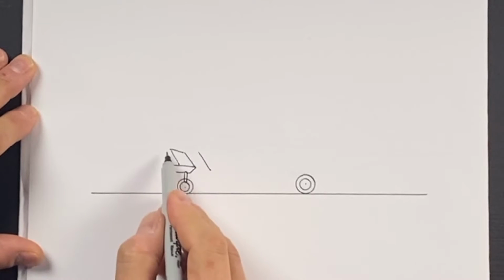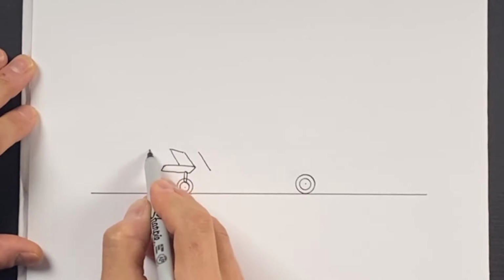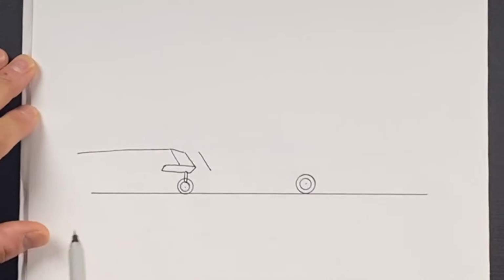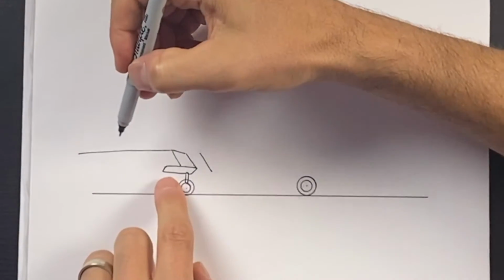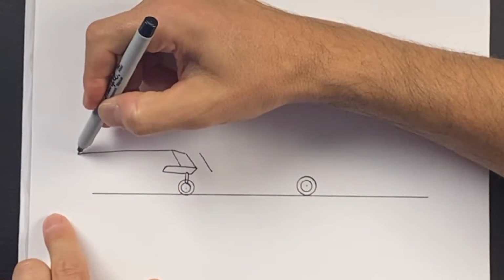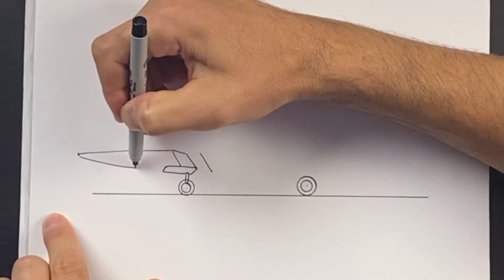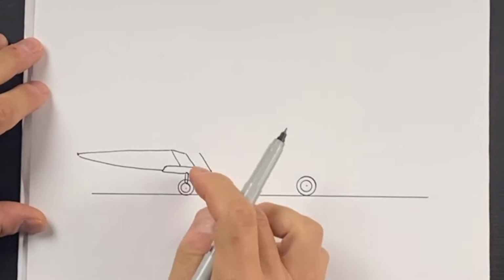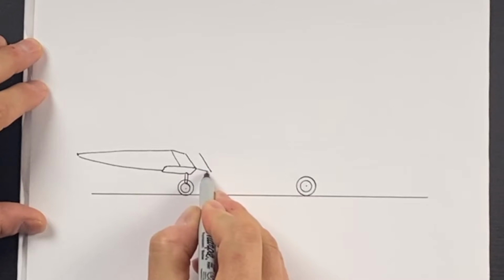And then coming towards the front of my plane, I'm going to draw a line that comes over like this, and then I'm going to come down and meet up over here. So it's going to be a little pointy, and then we're going to have a soft curve like that. And then down here we can connect these two lines like this,